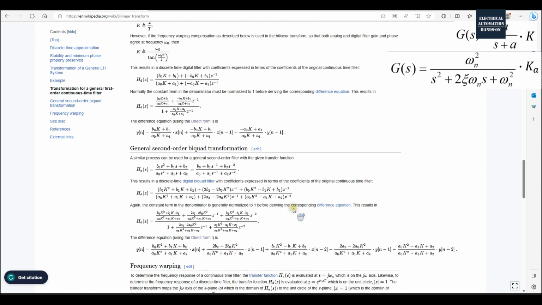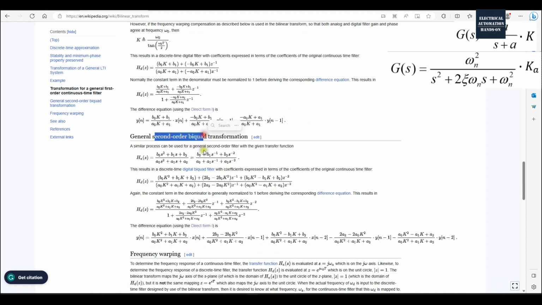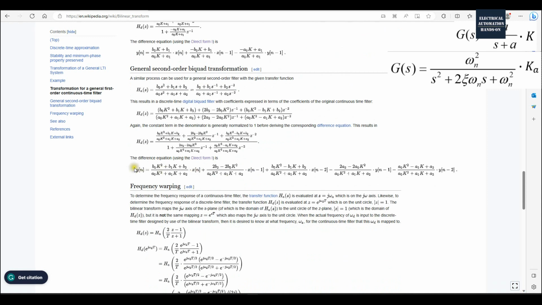And same idea for the second order transfer function. This is the common style here. And then for the difference equation, you can use this. So as we can see, this is the K, this is the current time, this is the previous of the